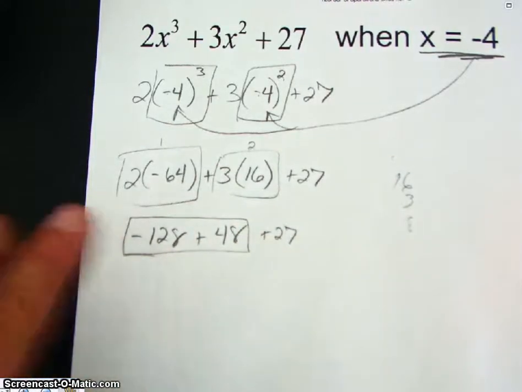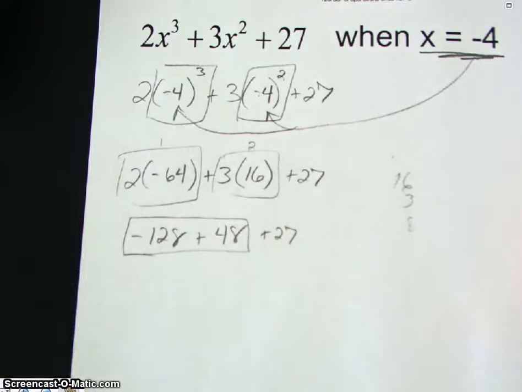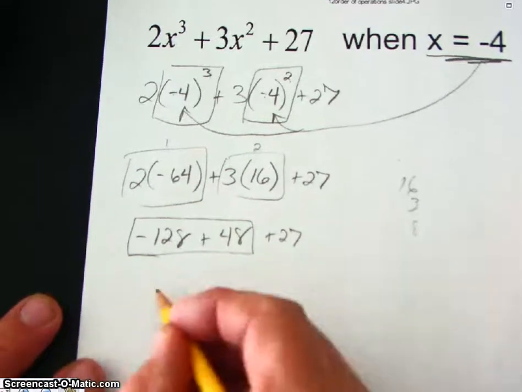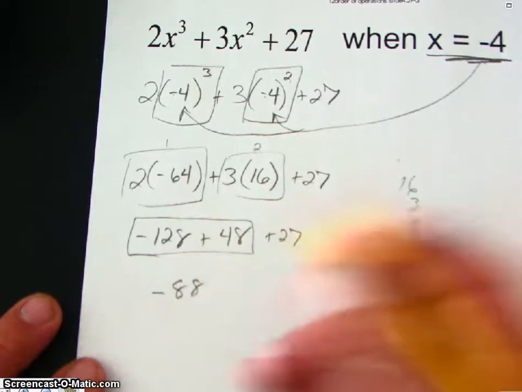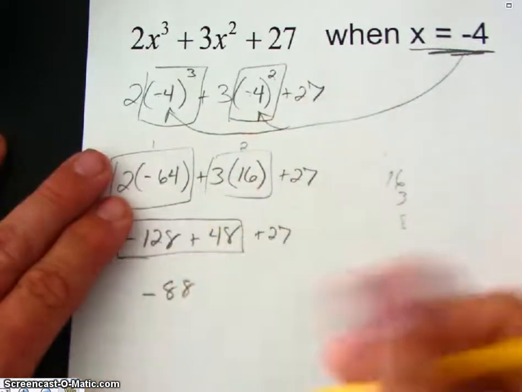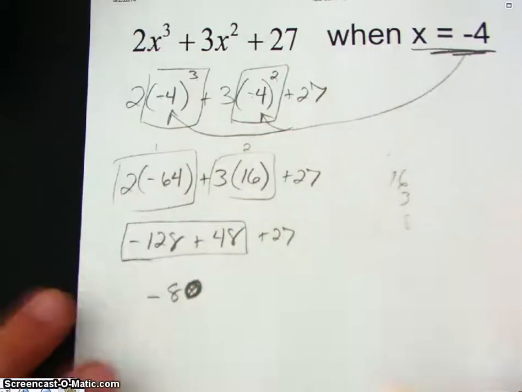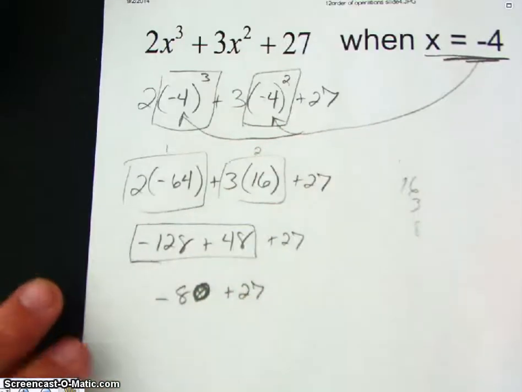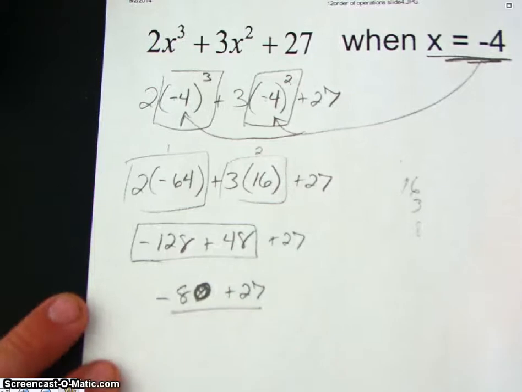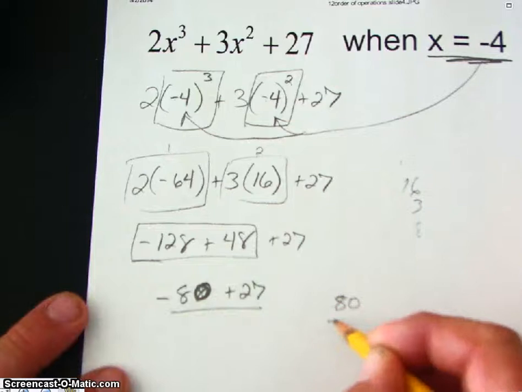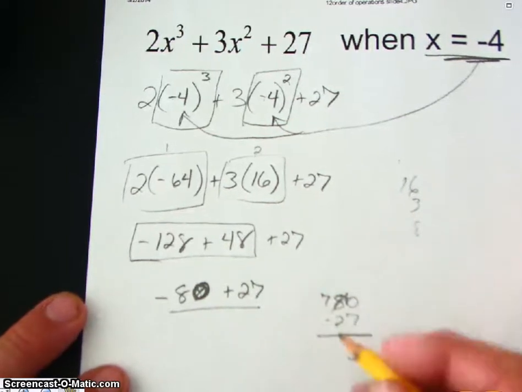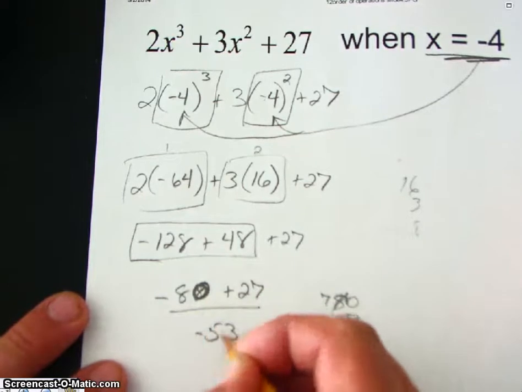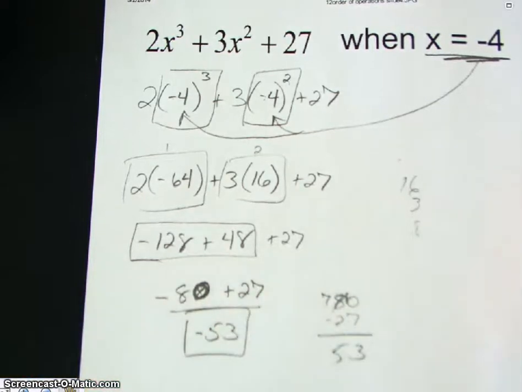So negative 128 plus 48. Well, since the signs are different, I subtract. So negative 128 plus 48 gives me negative 88. Oh, negative 80, excuse me. It's supposed to be negative 80 plus 27. All right, then I do that. Signs are different, so I subtract. So negative 80 plus 27. So I have 80 minus 27. Make that 7. Is 53. So it'll be negative 53 is my answer. All right, and